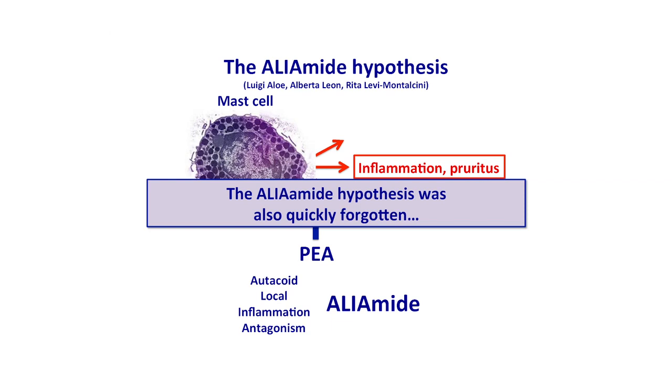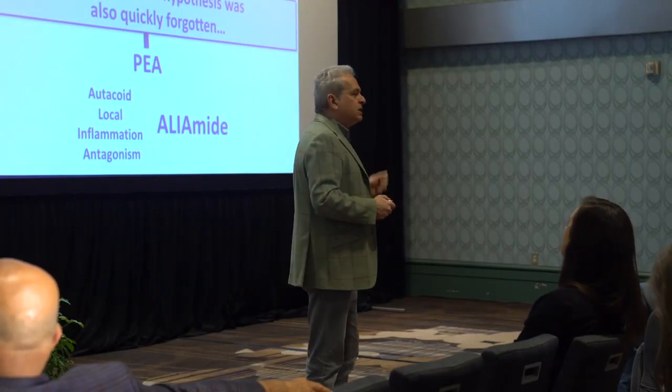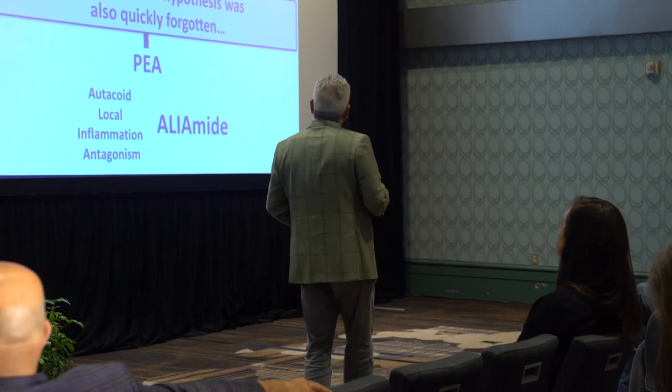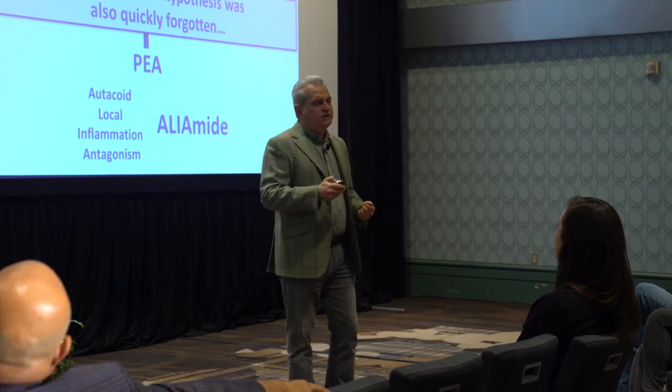The concept is that PEA is a natural medicine. Autacoid means natural medicine. It's a natural medicine produced by the body to block mast cell activation. So it turns out that this idea is incorrect, but it put PEA back on the map. However, unfortunately, this hypothesis also was quickly forgotten, just like the Czech study with impulsin. So my lab became interested in this